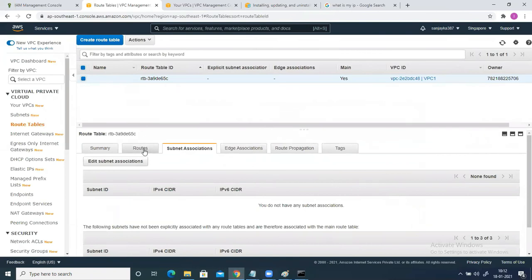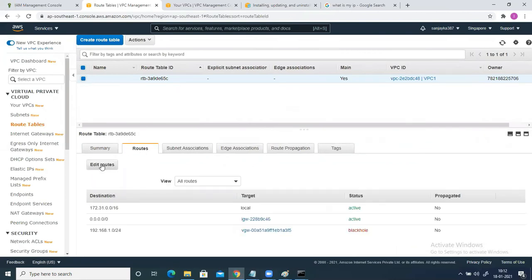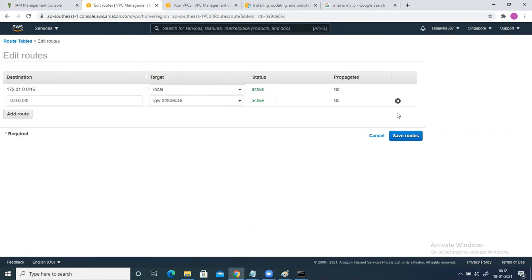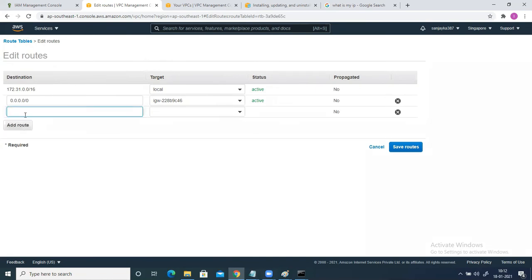The second thing is the route here. You want to create a route, so let me remove it, click on add route.